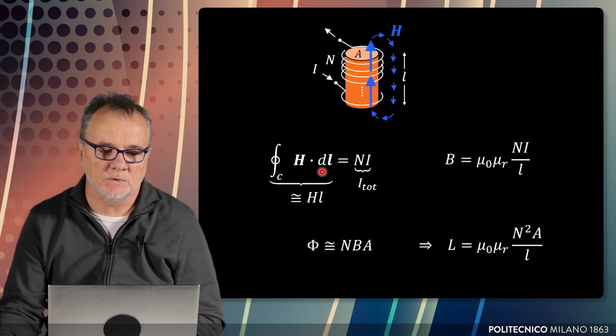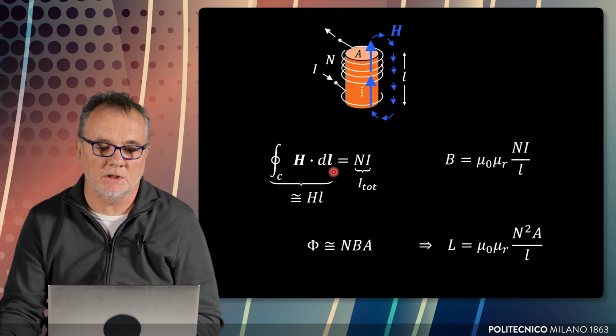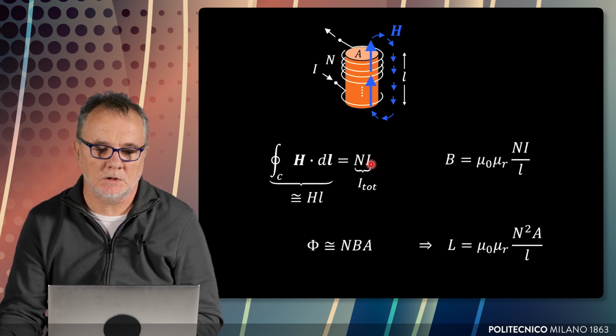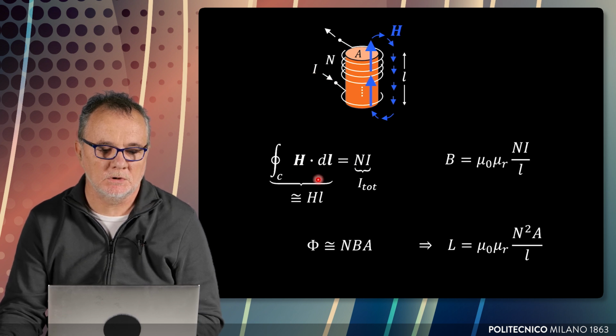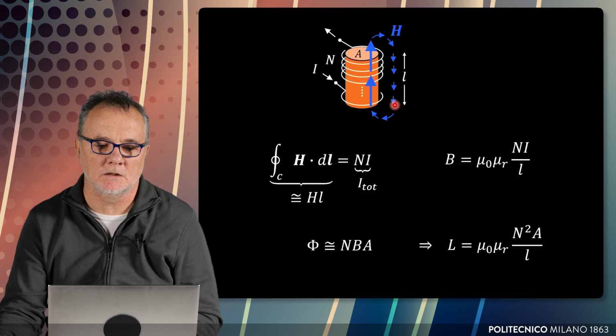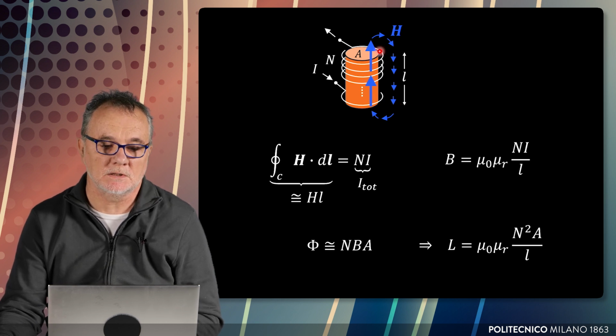What we know is Ampere's law, so the total circulation of H through this blue contour must equal the total current flowing inside. The total current is n times the current entering this system. And what is the circulation of H? We have a strong H inside and a very weak H outside. So we can neglect the field outside in favor of the field inside, and we can consider that the field inside is constant by some symmetry considerations.